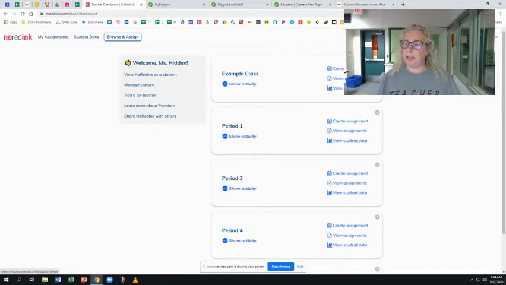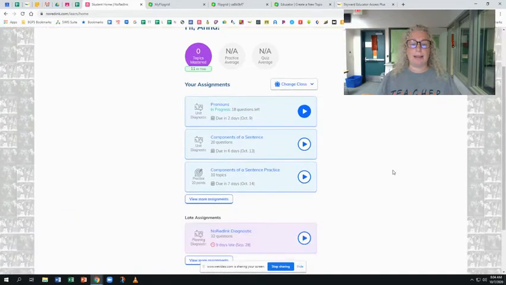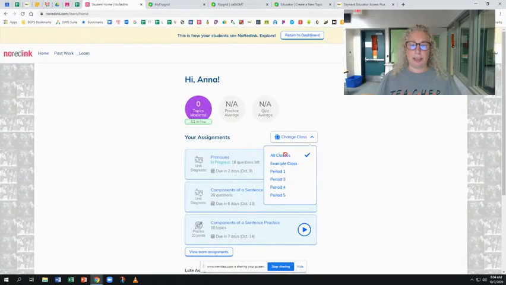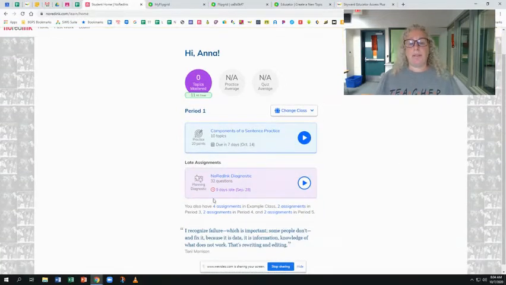let me switch to student view. What you should see should look like this. If you had not finished the diagnostic yet, it probably took you straight into the diagnostic because you haven't finished it yet, and you need to do that. If you haven't finished the diagnostic yet, please do that first by clicking here. If you have, then you should see components of a sentence practice, and you're going to click that play button